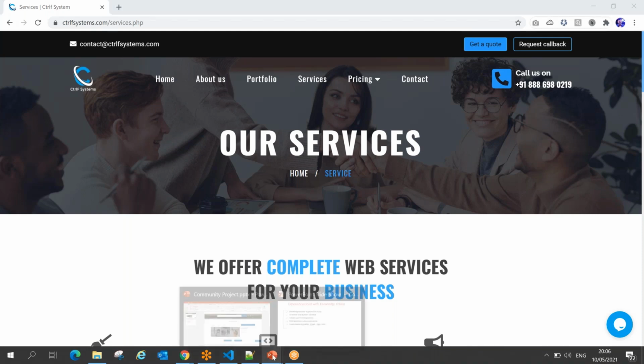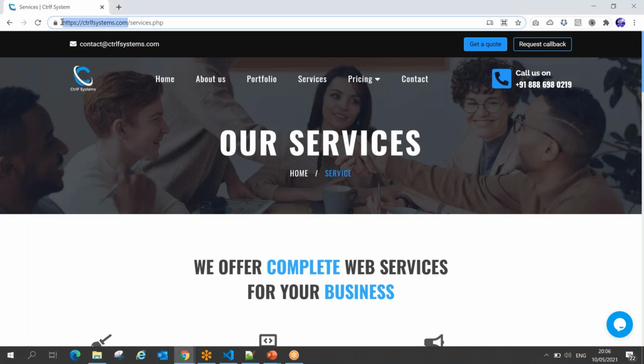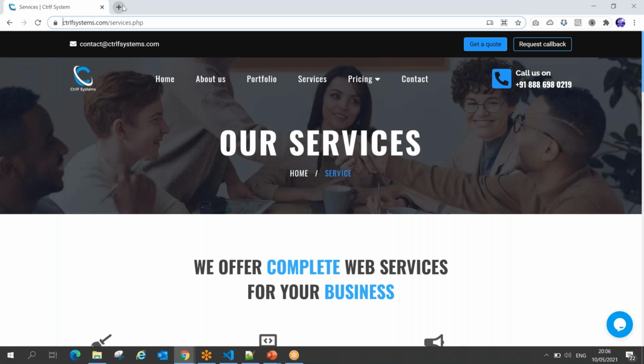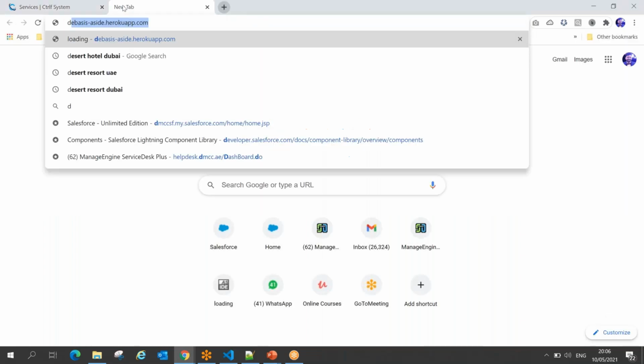In this session, I'm going to build a community for this company, where customers are able to communicate with us. To do that, before I build the community, I need to have a Salesforce org. If you have a Salesforce org, you can use that, or if you want to create a new org, you can do that. For this, I'm going to use a new org, and to get a free developer org, I'm simply going to